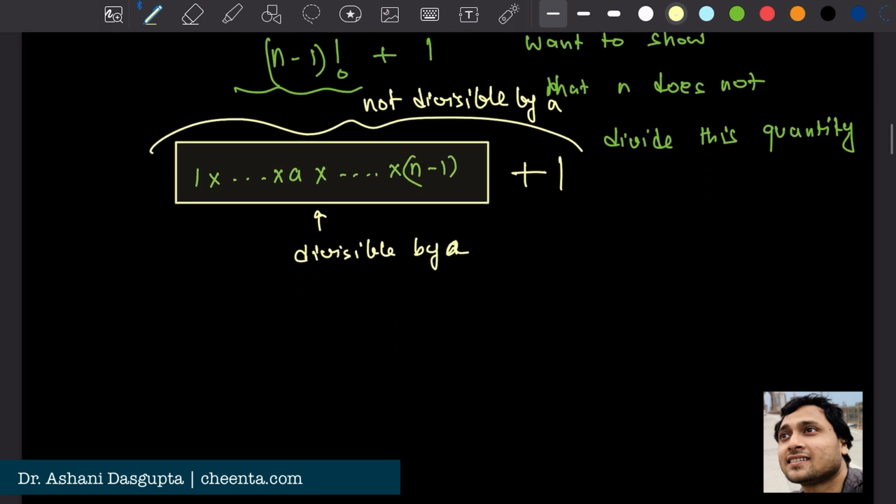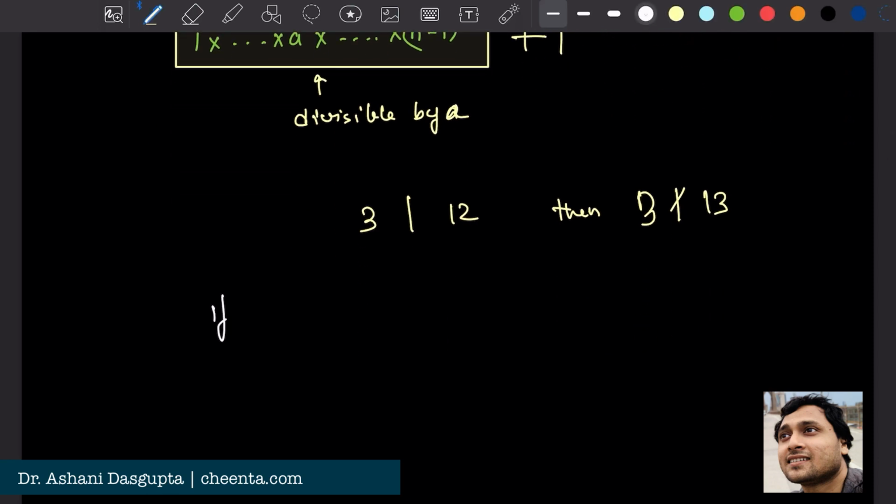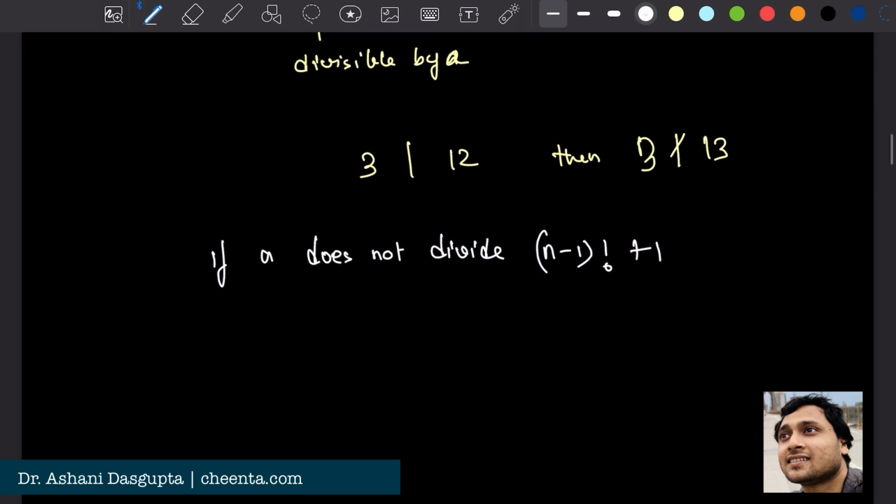For example, if 3 divides 12, which it clearly does, then 3 will not divide 13, one more than the number 12. So if A does not divide (n minus 1) factorial plus 1, then clearly n does not divide